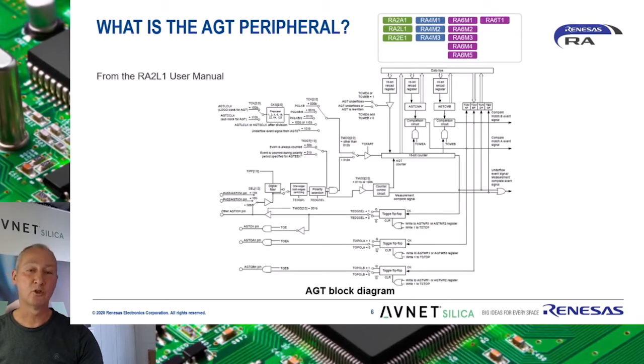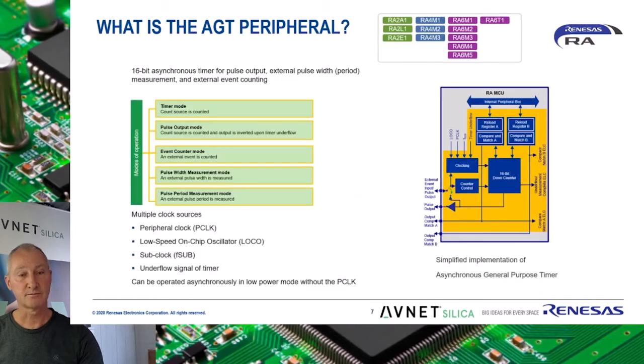Here we see a functional block diagram of the AGT as depicted in the user manual. The AGT peripheral is found on all RA microcontrollers and consists of two 16-bit timers with unique features. Here you see a simplified block diagram of the AGT. The asynchronous general purpose timer is made up of two 16-bit timers that can generate configurable output pulses, measure the